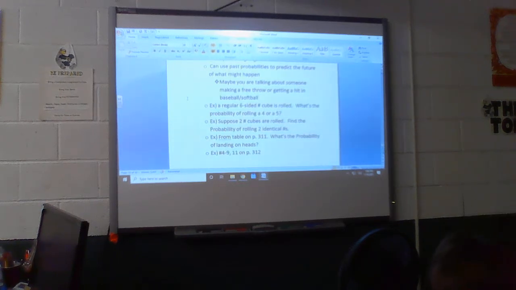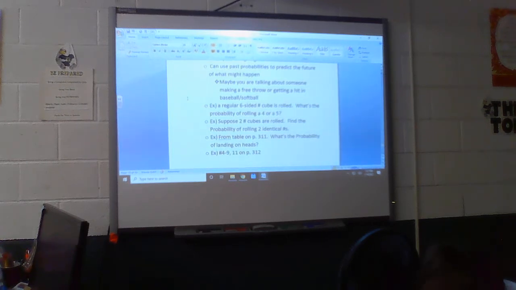Okay? So, suppose 2 numbers, find the probability of rolling an even sum. So, there's all the possibilities of matching up a pair of dice. If you went through all those and the sum of them was even, you could count up all those individual spaces and put it over there. So, you might want to remember where that little chart is, so you don't have to go back and try to write out all of those.